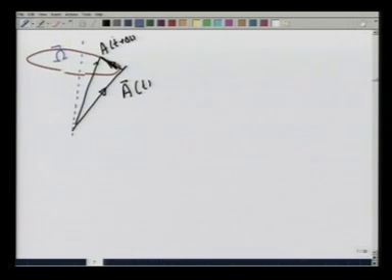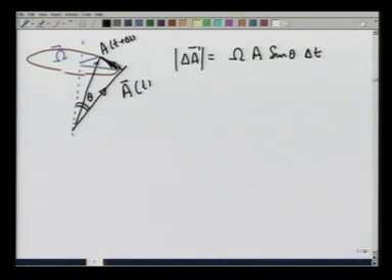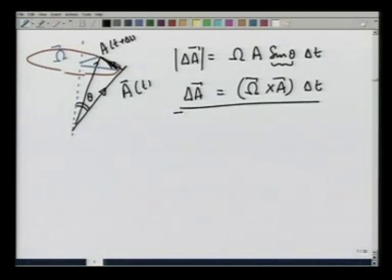If I look at the center here, you can see that the change delta A is going to be, if this angle is theta, omega A sin theta delta t, the magnitude of this. If I write it with vectors, this comes out to be omega cross A delta t, with sin theta being taken care of by the cross product. So, in the 3-dimensional case also, in general, delta A is omega cross A delta t if it is rotating,